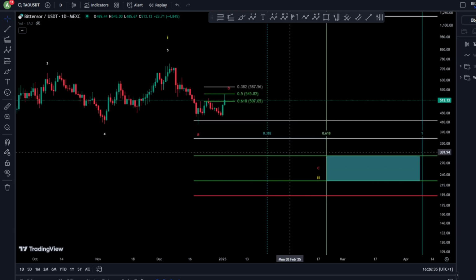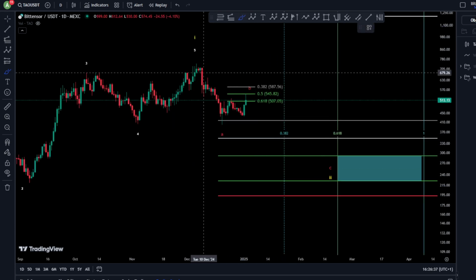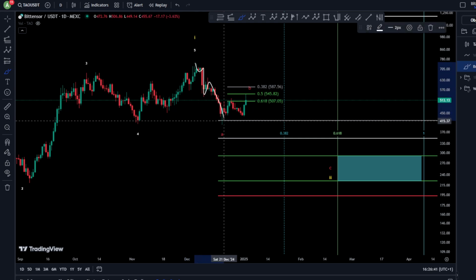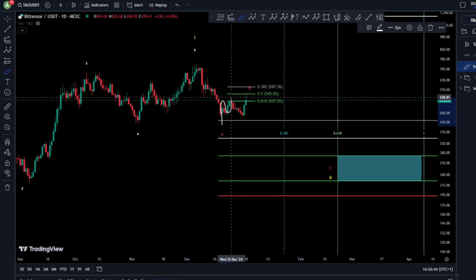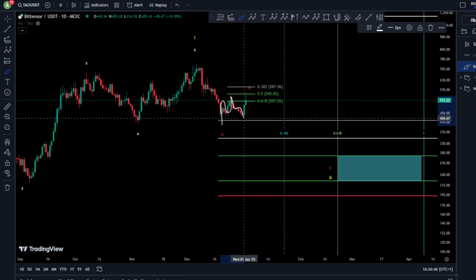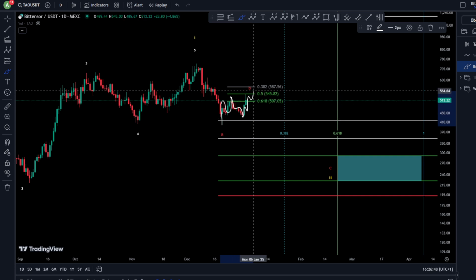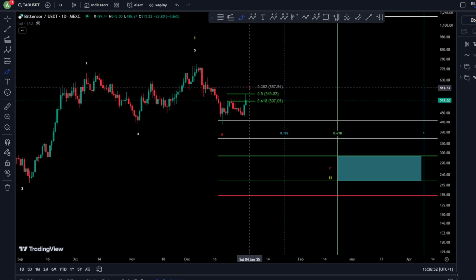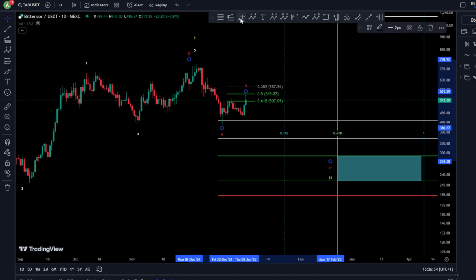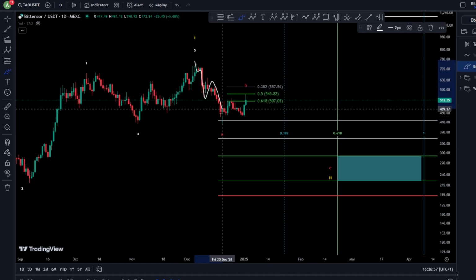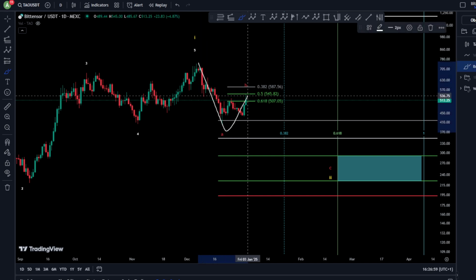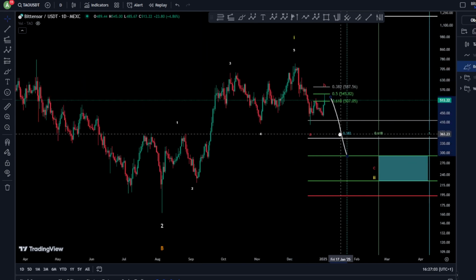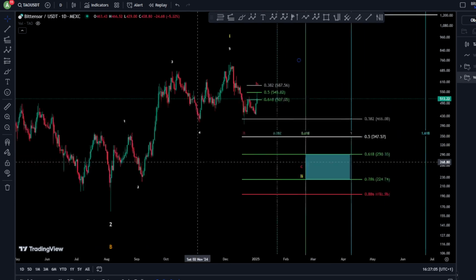So if we take a deeper look at it here, we are looking at 1, 2, 3, 4, and a 5 finishing wave A, and then 3 waves for your wave B, and this is your wave C right now, which should be impulsive actually, reaching around those fib levels normally for a wave B in a zigzag. And zigzag because you already have an impulse here, so you have an A, B, and a C. Probably your wave C should be the same amount, taken from this correction, and of course hitting around